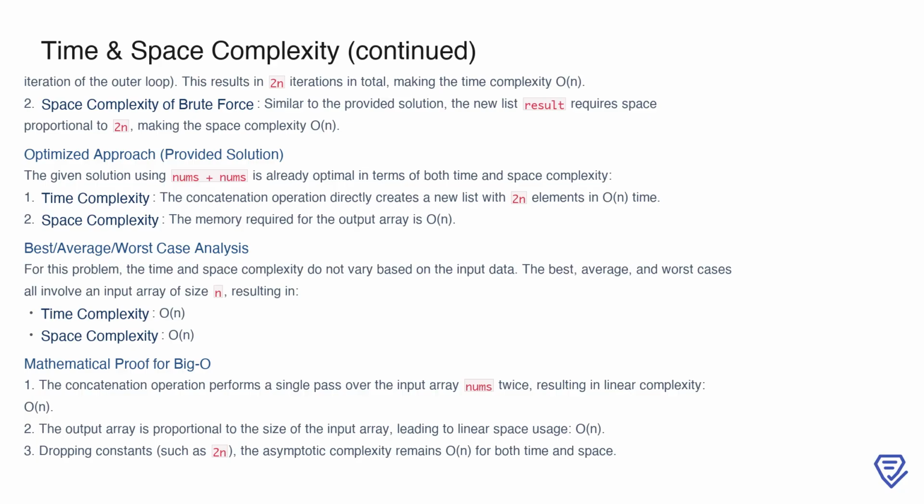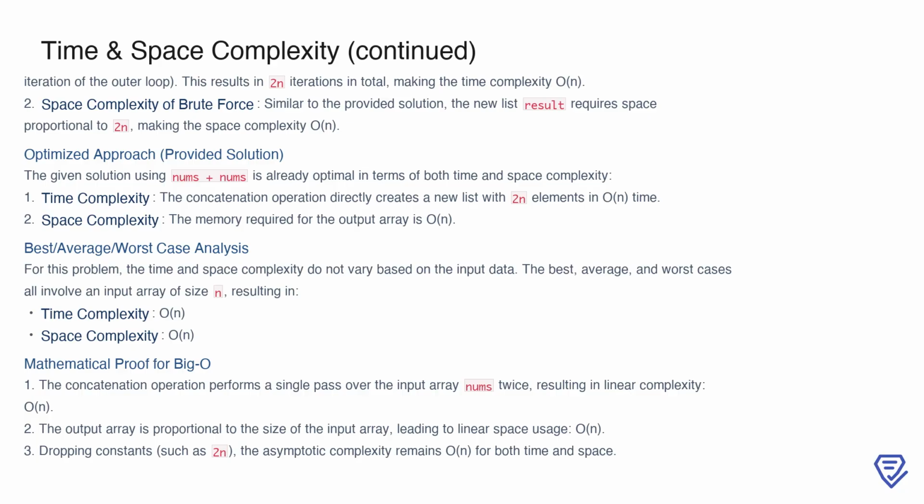The concatenation operation directly creates a new array with 2n elements in O(n) time, and the memory required for the output array is also O(n). Additionally, the time and space complexity for this problem are consistent across all scenarios. Whether in the best, average, or worst case, the input size n determines the complexity, which remains O(n) for both